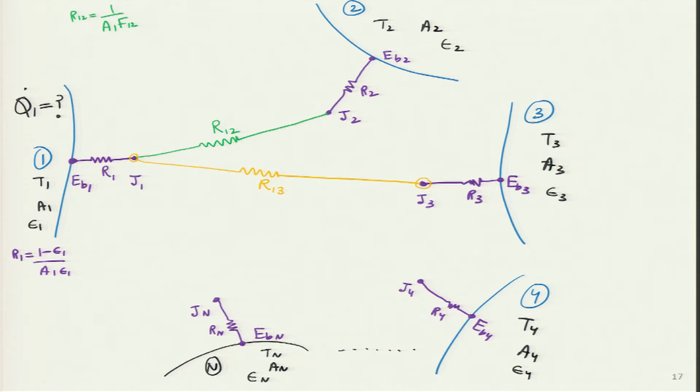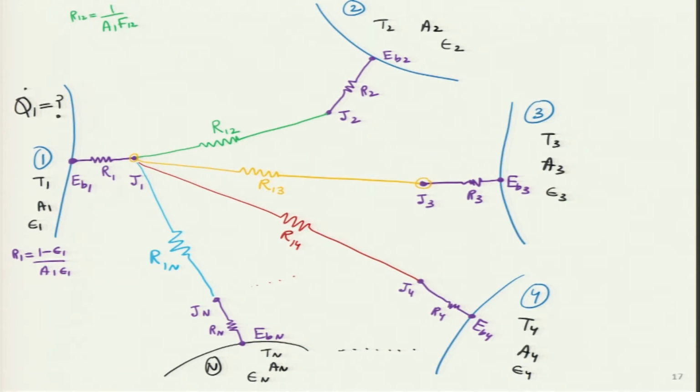Now, let me take one step further, forget surface 2, 3 and all others, only 1 and 4 I am seeing, then I will connect them, 1 and 4, and I will call this resistance R14. Now, you know the trick, and then put dot dot dot over here, and the last one between 1 and n, I will call R1n. Look how beautifully we are going from the very complicated case to the simple case, because earlier we did not know how to solve it. Now, at least some part we have solved it partially.